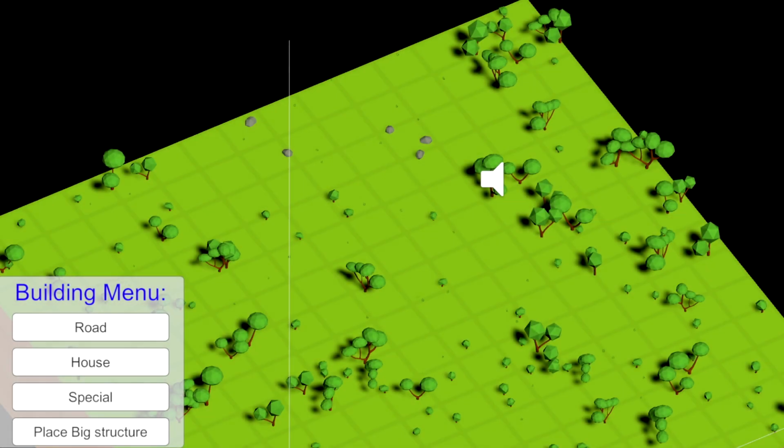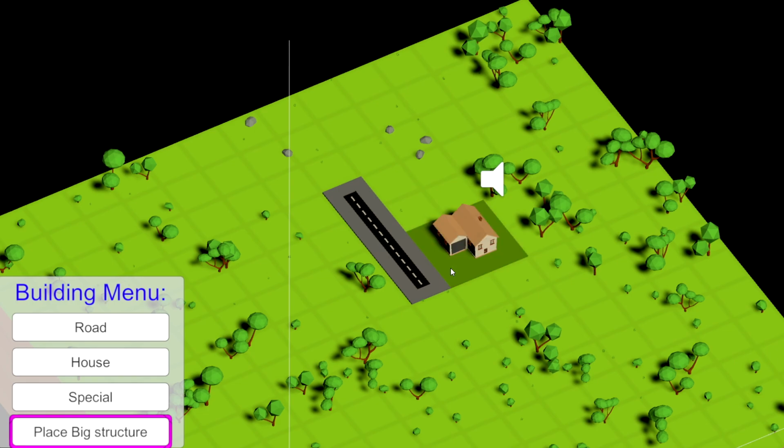Hello and welcome in this extra episode about placing big structures. In this video we are going to create a road and then we are going to place a bigger structure here. You can see that if I try to place a special structure anywhere, I can't, because it is locked. The big structure is here, and if I want to place another big structure I can,